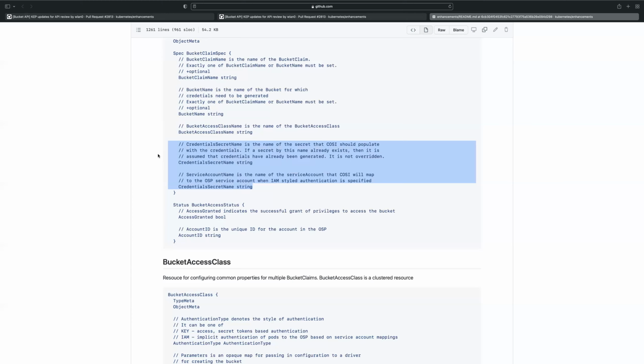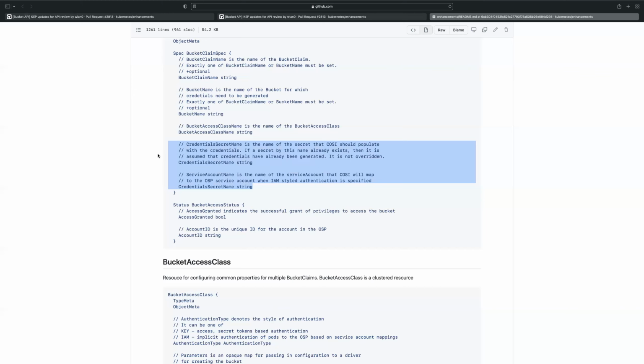All right. So credential secret name is for bucket info.json. Fair enough. And service account name, why is that mandatory? Because some drivers might only support IAM-based authentication. But for those that don't, do we need to fill it in? They don't need to, but that's the whole thing. The user doesn't know what the driver is. The user's making a request with zero knowledge of what's on the back end. They don't know if the service account's going to get ignored or if it's going to get used. So they have to specify it on the chance that it gets used.